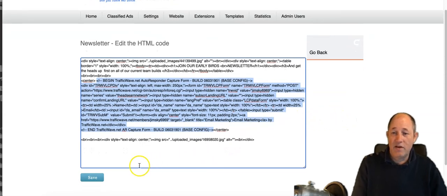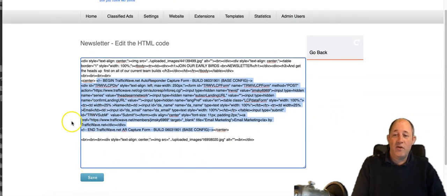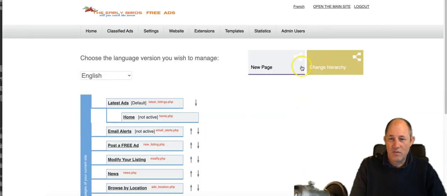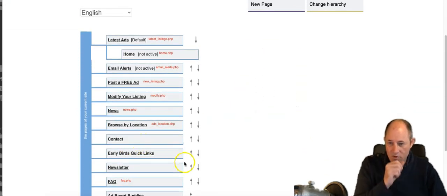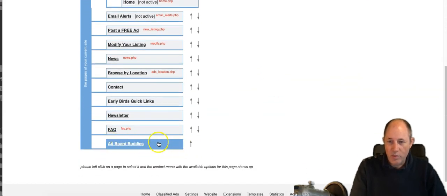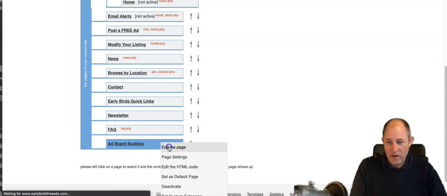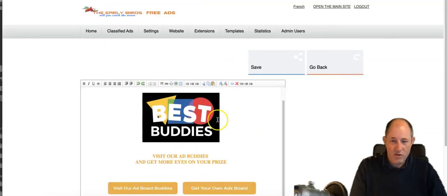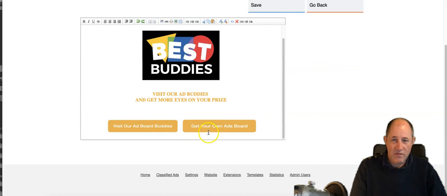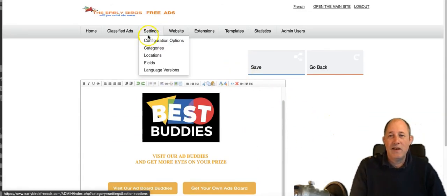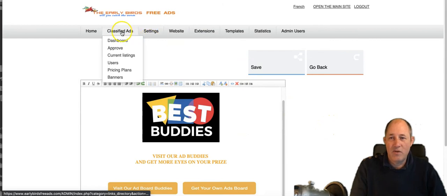So, as far as coding goes, you don't have to be a genius. And again, if you get stuck, we'll help you. Adboard Buddies, again, I would recommend not touching it because we're going to have a standard for all of Adboard Buddies. I wouldn't touch it. One thing I will say, as far as the settings, if you go to classified ads,